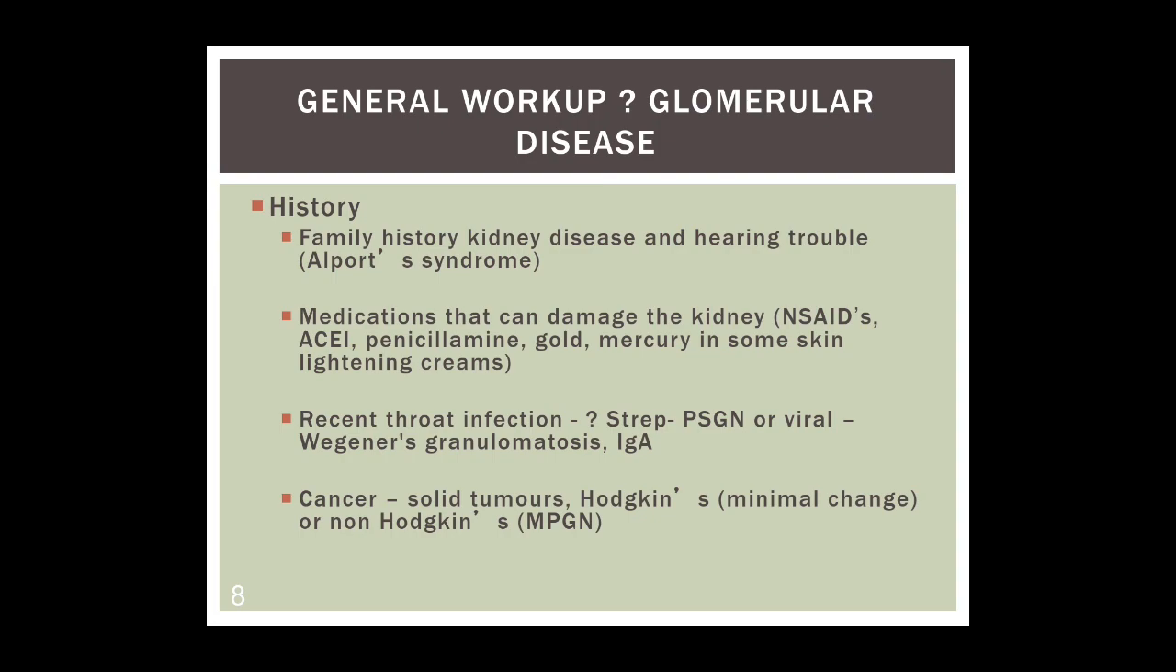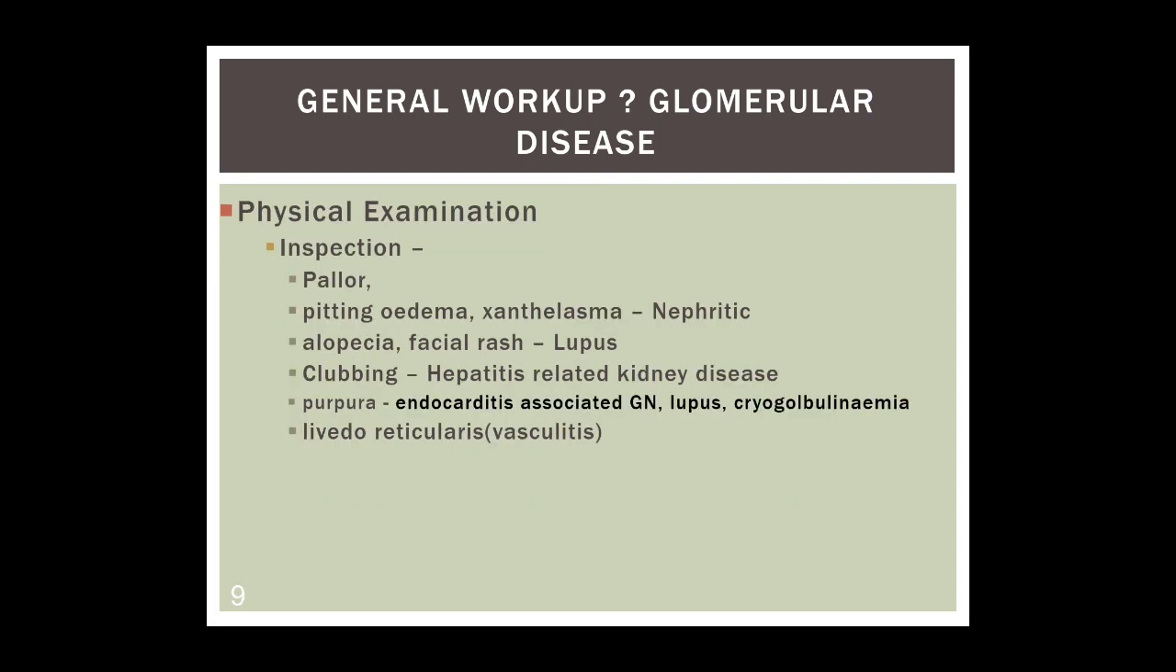presentation with acute glomerulonephritis, and then it's tracked back to a systemic disease, or when a person is known to have this particular systemic disease, you will get it during the patient's treatment course. You will have a diagnosis of a glomerular disease, okay, like a cancer, solid tumors, Hodgkin's lymphoma, minimal change disease, non-Hodgkin's lymphoma will present with a mesangial-proliferative glomerulonephritis. Okay,